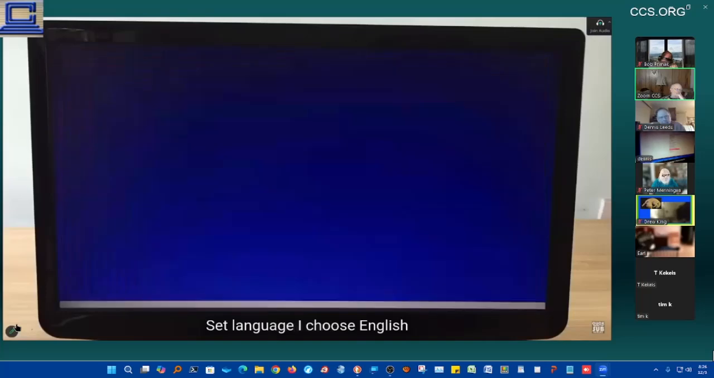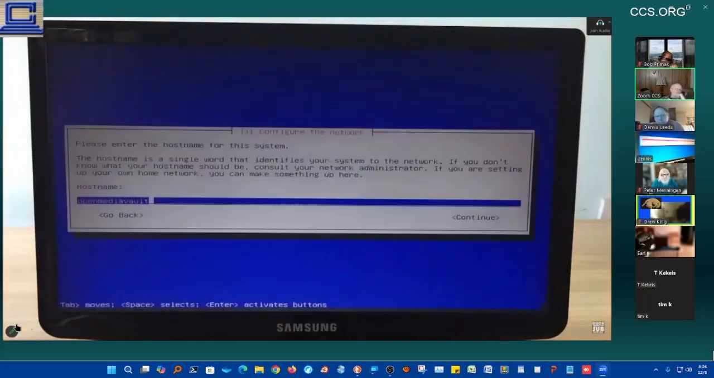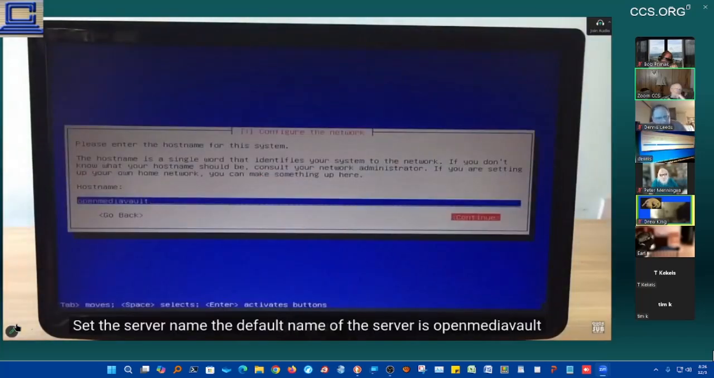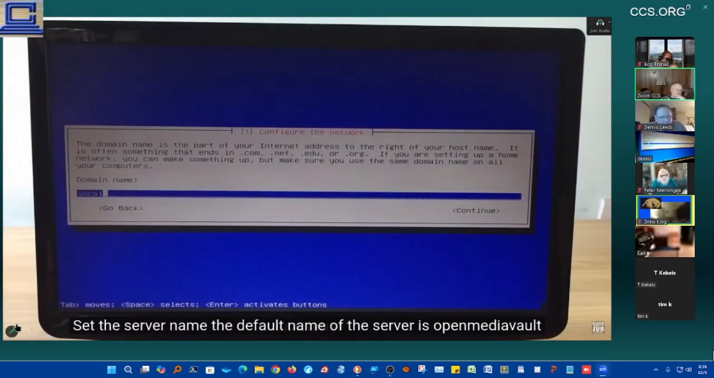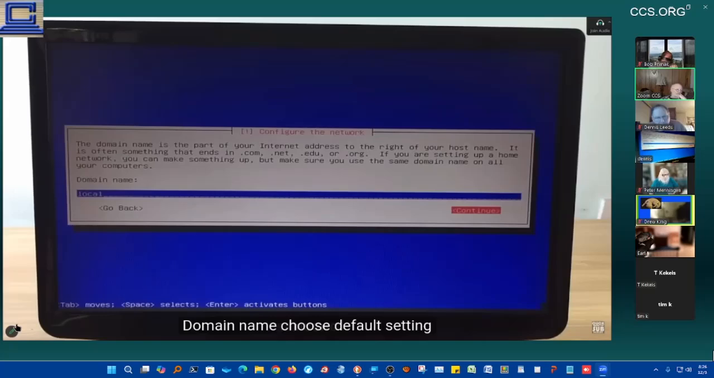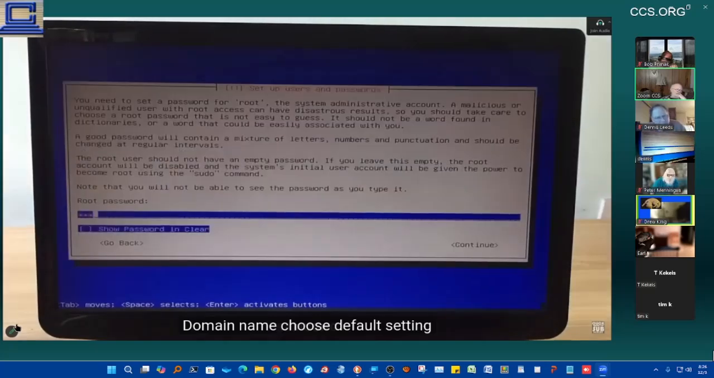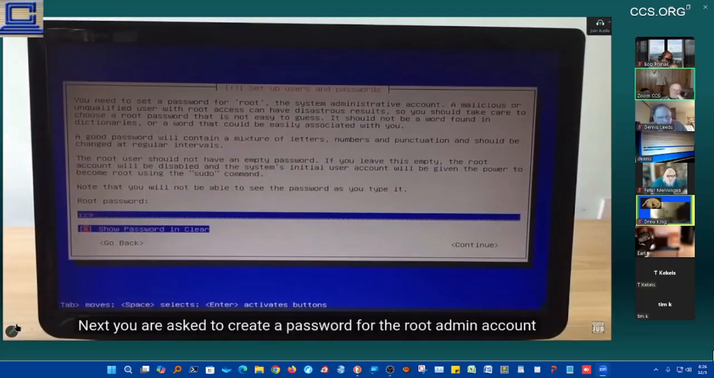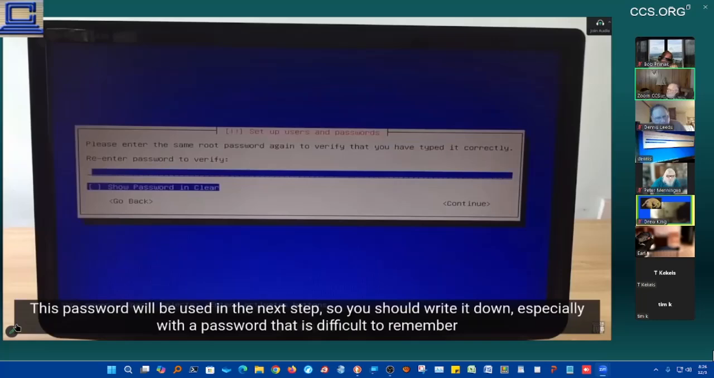Set language, I choose English. Set the server name, the default name of the server is Open Media Vault. Domain name, choose default setting. Next you are asked to create a password for the root admin account. This password will be used in the next step, so you should write it down, especially with a password that